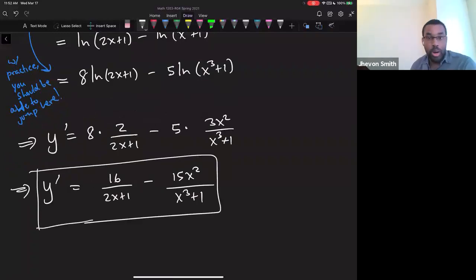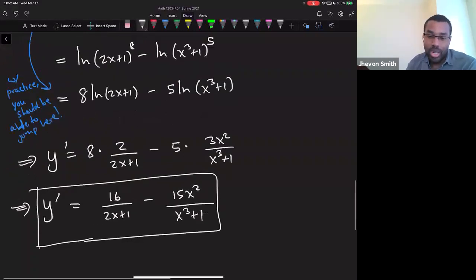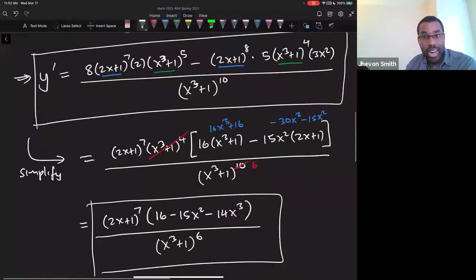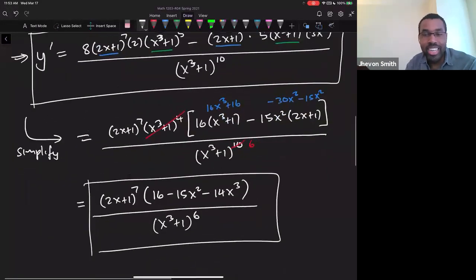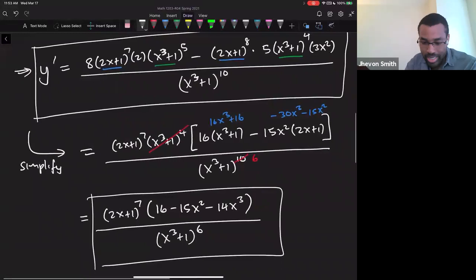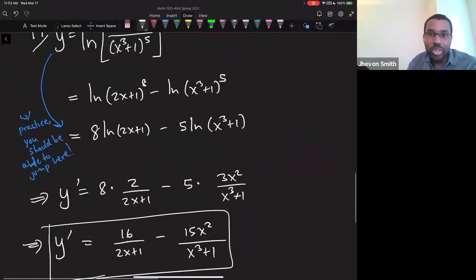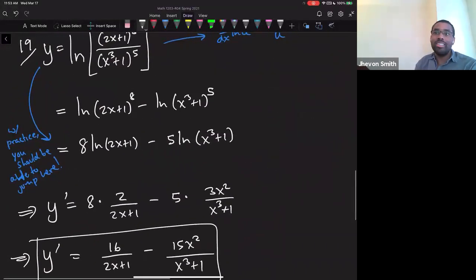Now, you could do the u prime over u thing, but what would you have to do in order to accomplish that? You would have to do this that I did up here, in addition to dividing that by a whole other complicated fraction, right? So someone who just goes into a test and mindlessly says, oh, u prime over u because of the ln, potentially they could still get it right, but look at how much opportunity there is here to get something wrong